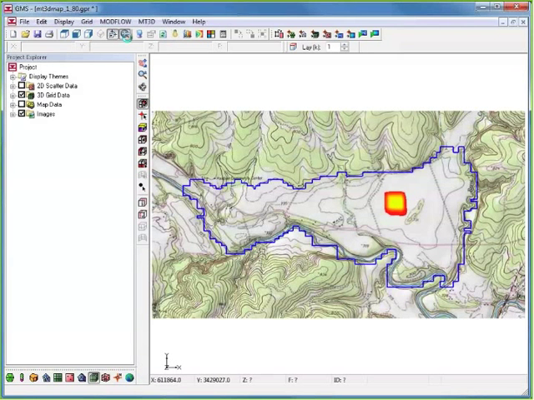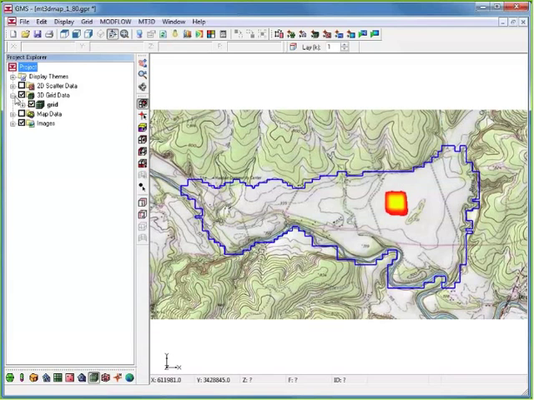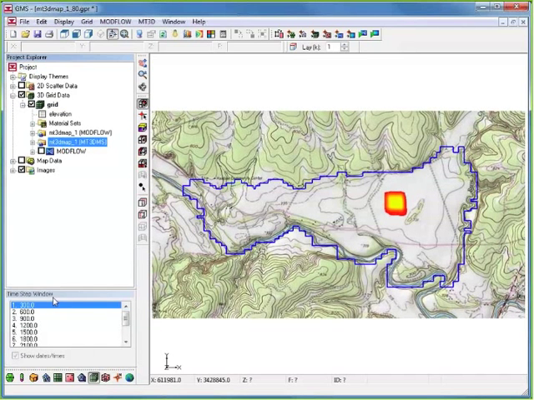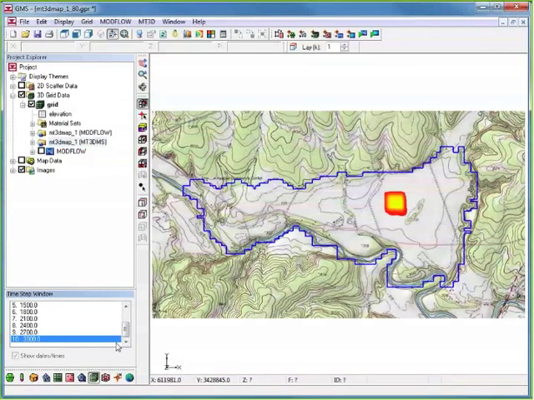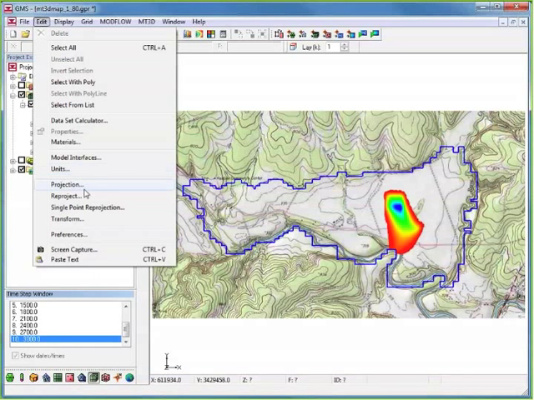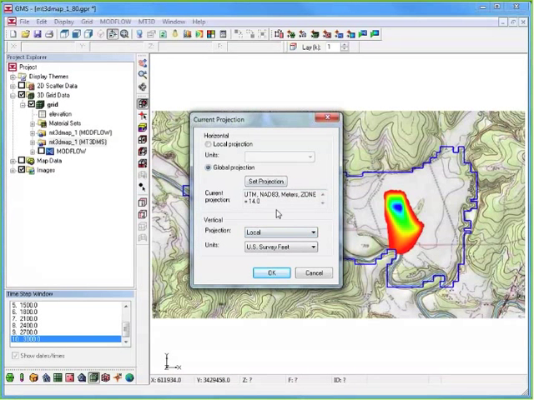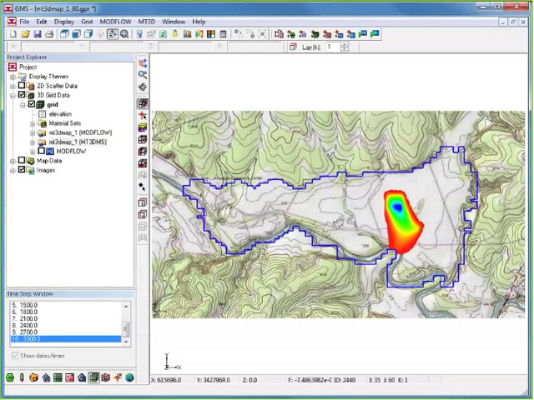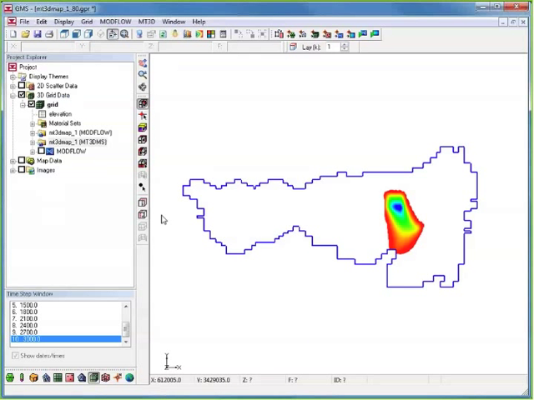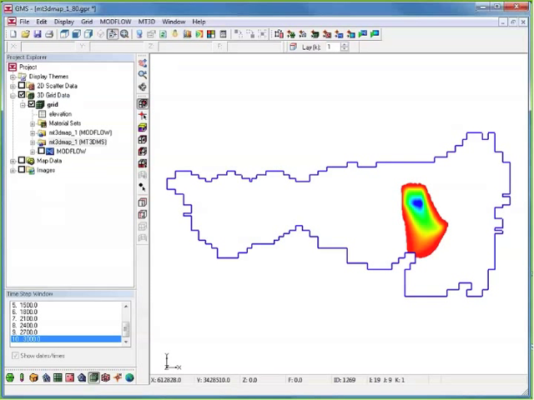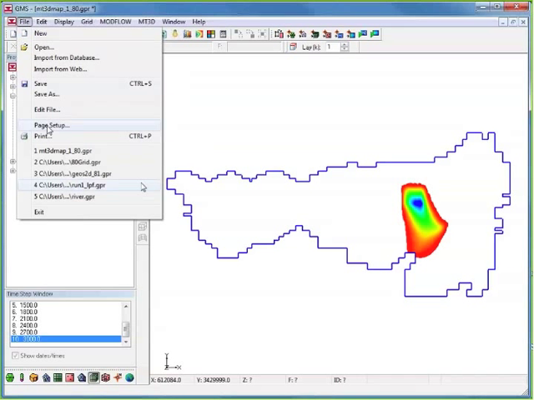So here I've got a project. I've got a plume for a site that I've modeled, and I have put this project into a global projection so that I know where it's located on the Earth. I can now save this out as an image that will show up in Google Earth. So I'm going to turn off my background image, and I want to save out my current display so that I could send a KMZ file, say, to a client, and they would be able to just open it up